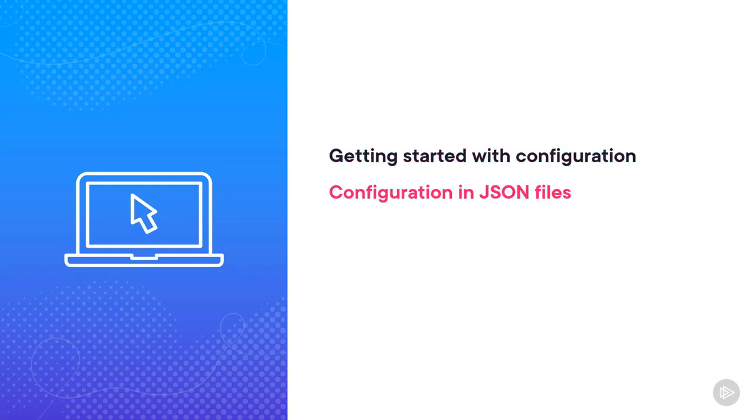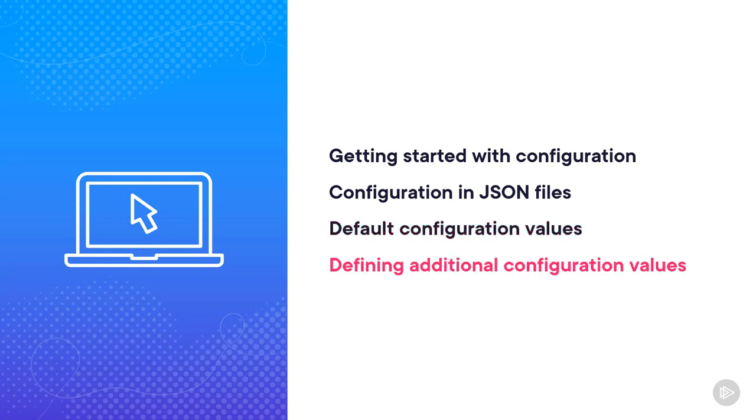In this demo, we'll get started with using configuration in ASP.NET Core. We'll learn about the appsettings.json file, which can be used to define your application configuration using JSON. We'll look at some of the default configuration included in applications created using one of the ASP.NET Core project templates. We'll conclude by defining some custom configuration entries which we'll use to control the content shown on the web application's